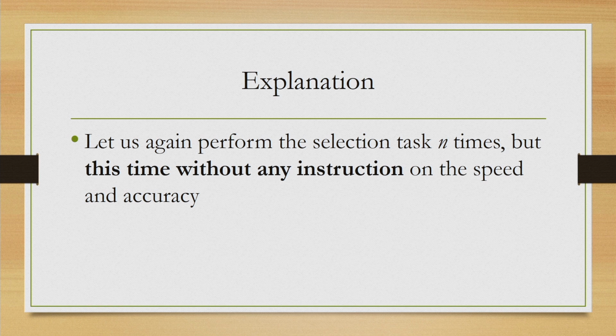Now, let us consider the trial again. This time you are asked to again select the target maybe 20 times. However, this time you are not told to balance the speed accuracy trade-off. So, you are not told that you have to be as fast as possible and as accurate as possible, and you are asked to do it 20 times like before. At the end of it, what you are likely to find? If you expect that all points are within the target region, then you are mistaken. If you are asked to do this trial on a small screen mobile device, where your fingertip size is relatively larger than the target size, then you are likely to find still some points which are outside the target region.